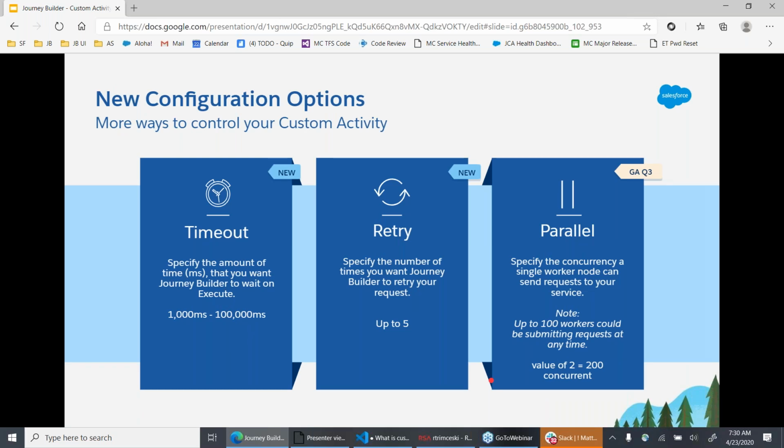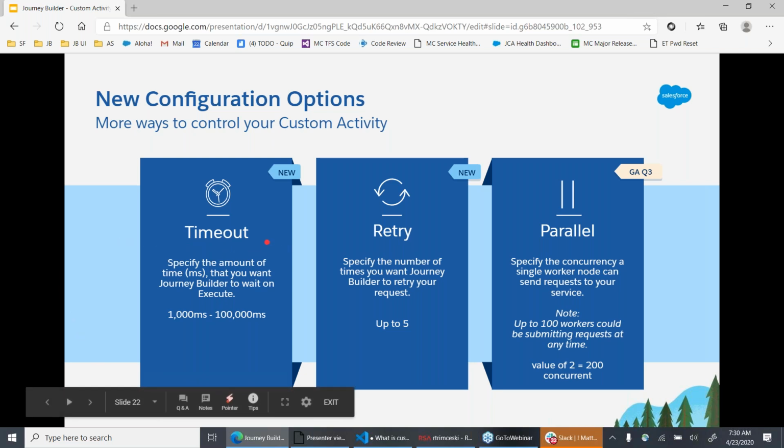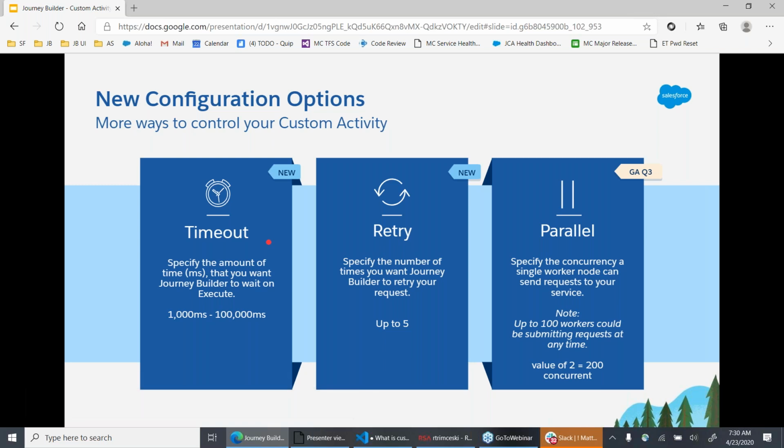Cool. And I wanted to briefly touch on some new configuration options, some that are currently available, and some that will be available. These are all in the GitHub example that we put into the execute method. The first is the ability to specify a timeout, so the amount of time that our service will wait for your service to respond. You can specify however many milliseconds you'd like, from 1 second to 100 seconds. The retry is the number of times that we will retry your request. So if we get back a failure code or a timeout, we'll retry the request to your service, and you can specify how many times that should happen,